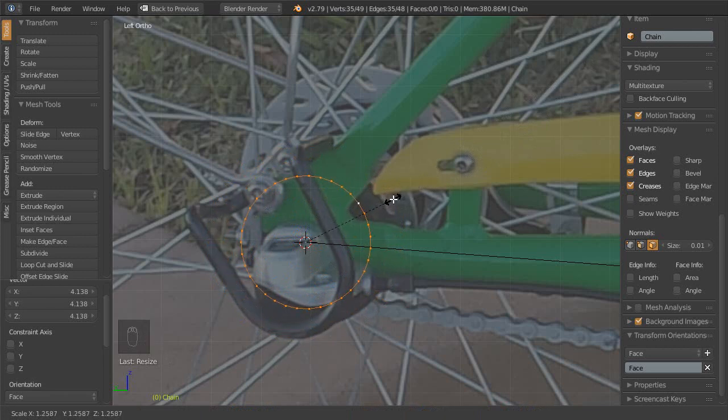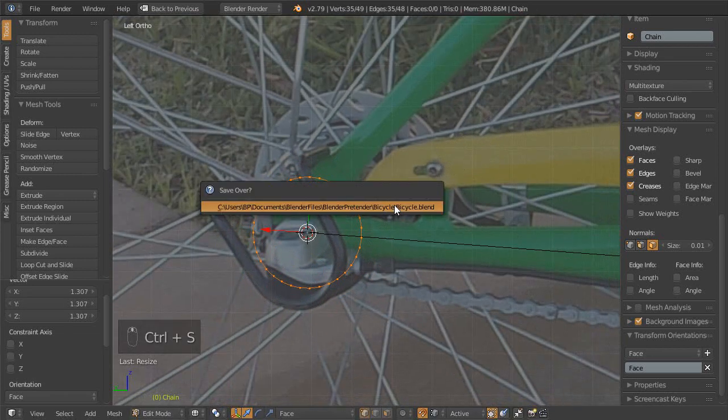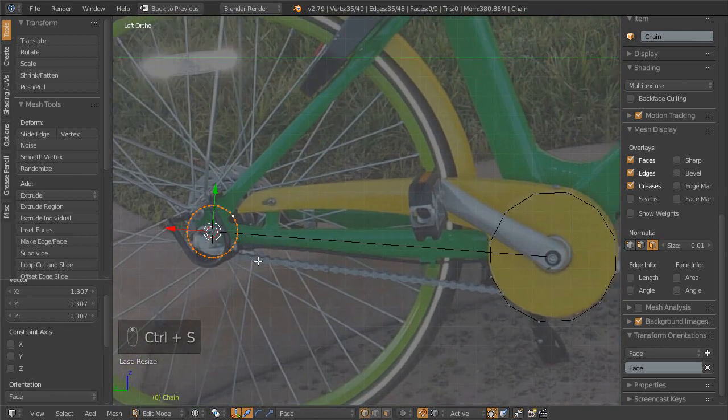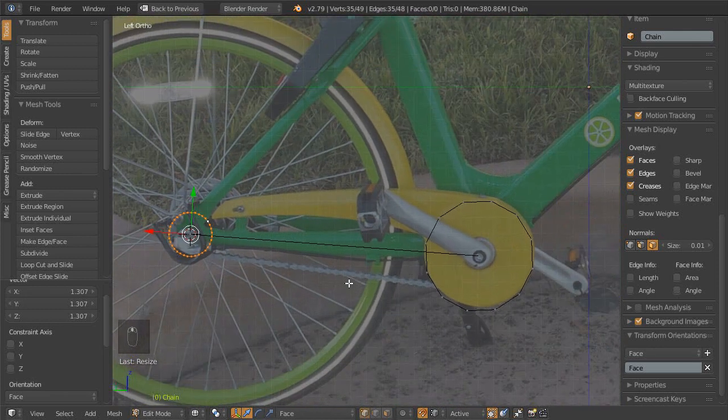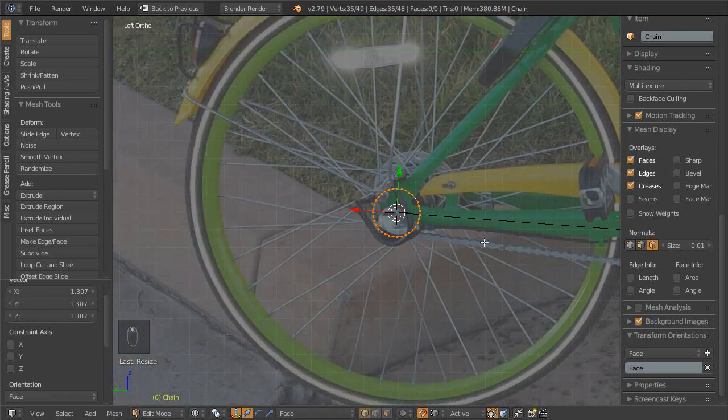Oh, went way too far. I'm gonna guess it to be around there. Let me save that. Okay. So,